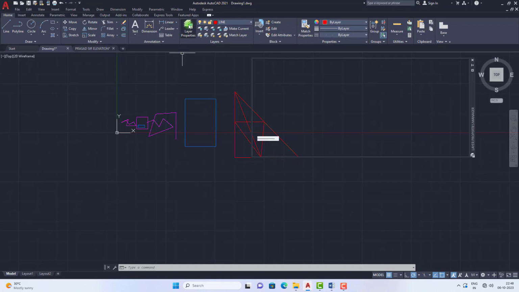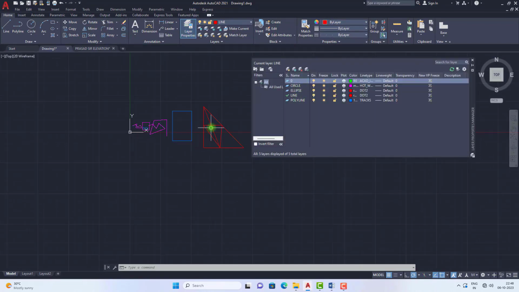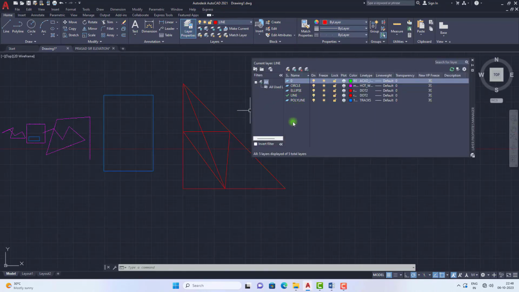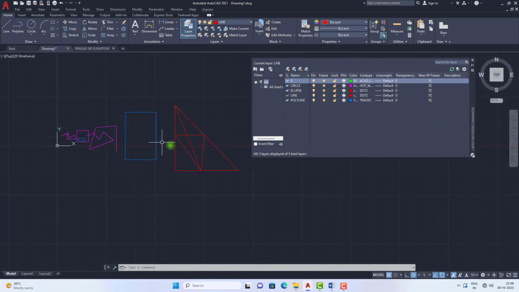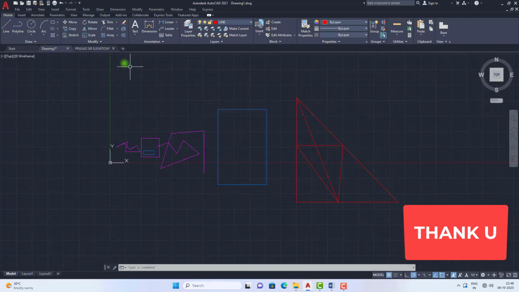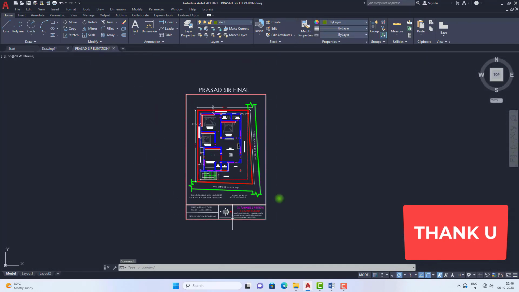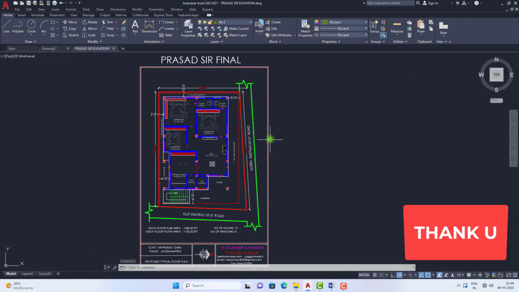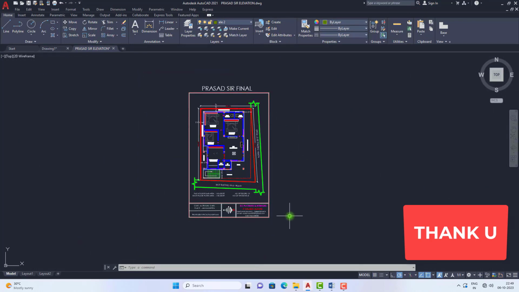So now what happened? If you go to layer properties here, see, only the used layers will be there. It will remove all unused layers. For that purpose we need to use this, keeping the remaining layers, and the others will be deleted by using this purge command. So like this we will use the layers command in this type of complicated drawings, and we can do modifications very easily by going into that particular layer, and we can change the color or line type of this particular layer.